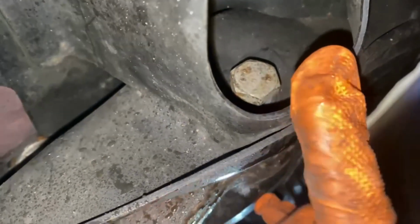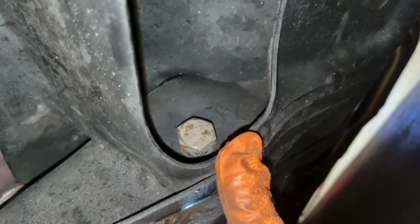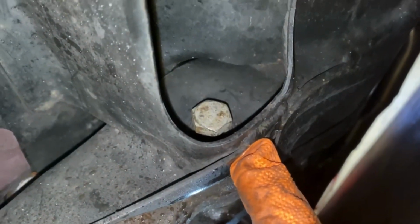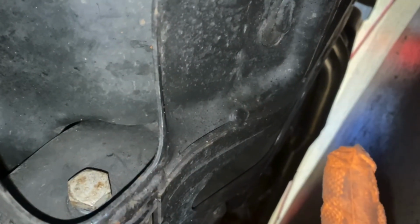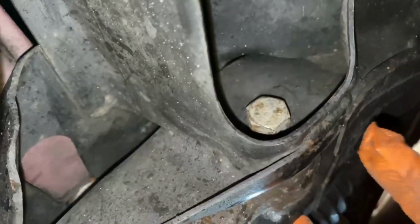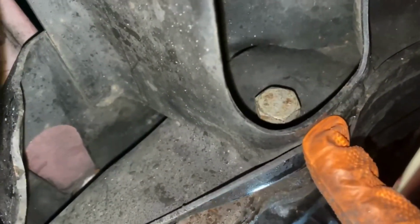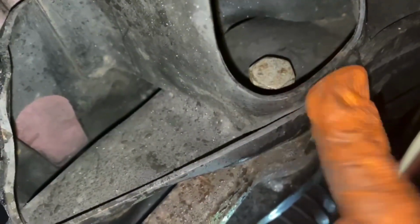This bolt and nut combo on the back side, or the inner part of your lower control arm, these are 19 millimeters. One of the bonuses of working on a car that's this old, quote unquote, I guess 2006, pretty old now, you never know what you're gonna find. I'd assume somebody changed those for some reason. Not 100% sure why, but they were a 16 and a 17. Factory, it looks like these are factory. I would assume beefier ones would be the factory ones. These are both 19s. It's a 19 mil nut and a 19 mil